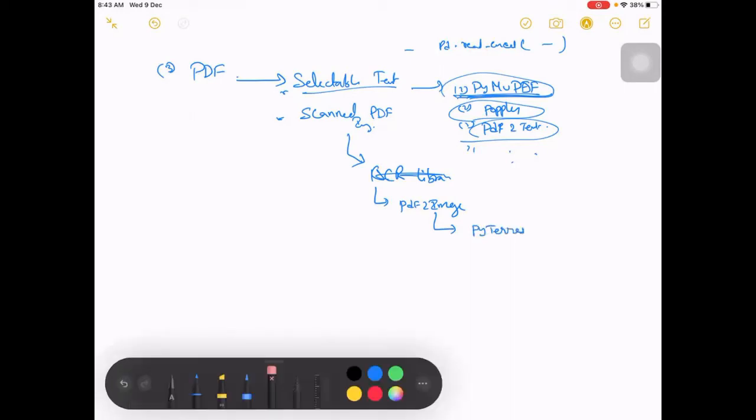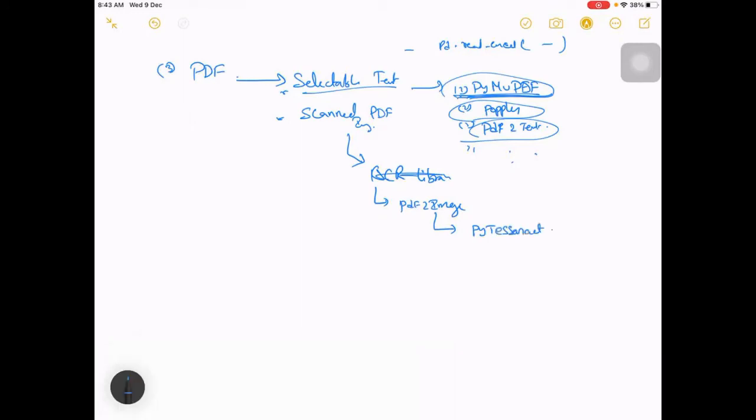Let me write this name properly. So we can use pytesseract, which, if you pass an image and there is some text on it, will extract the text. That can be done using pytesseract. Each page you extract using pdf to image, it is converted into an image and sent through this OCR. From here it will extract the text, and you have to append each page's text separately, and then form it as an entire document. So this is how it is done in case of a scanned pdf.